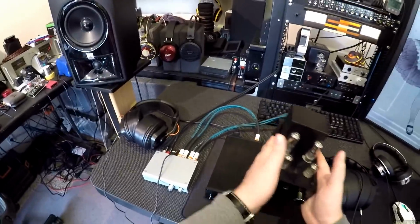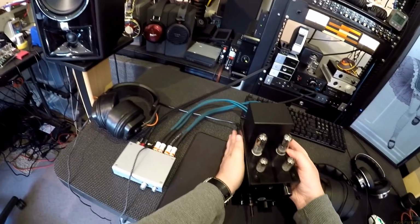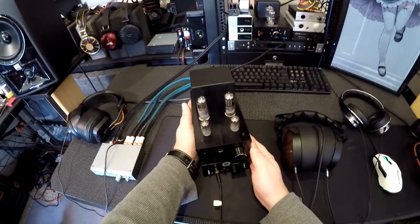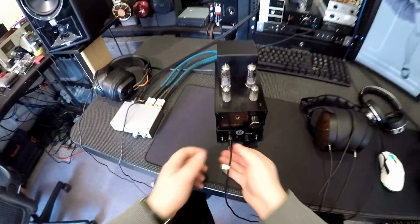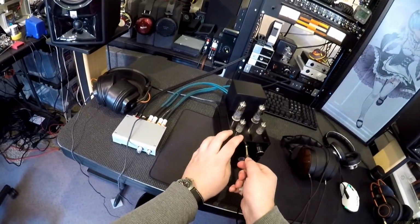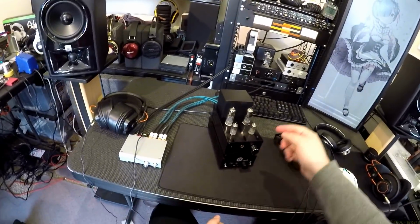Oh, can I stack these? Everything's very, very tight here. Oh, my God. Look at that. Why didn't I review it like this? Why did you review these two amps at the same time? Because I can stack them. Look at that. That's a thing of beauty, a joy forever. You got the solid state. Now the only problem is you can't send...